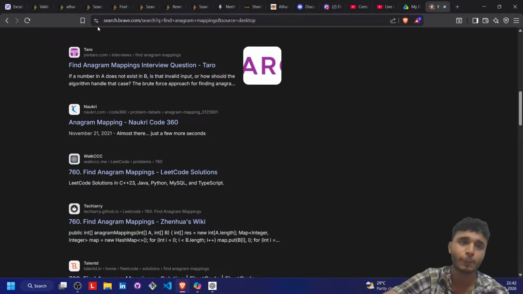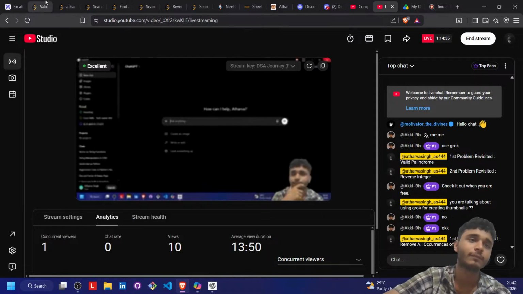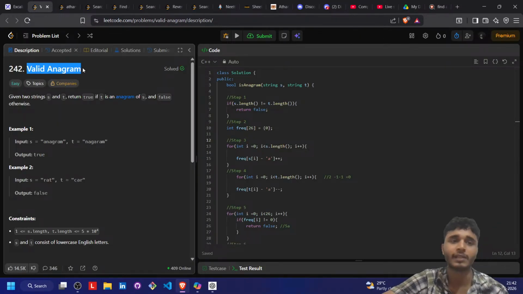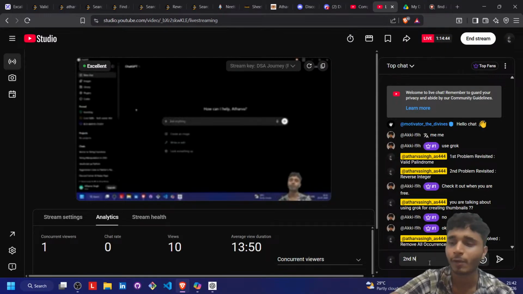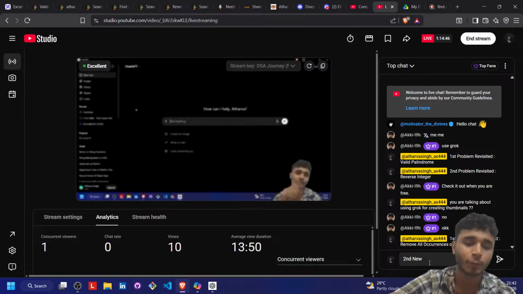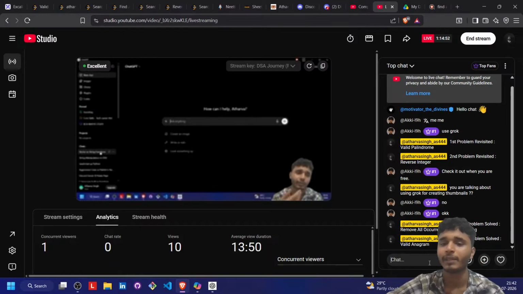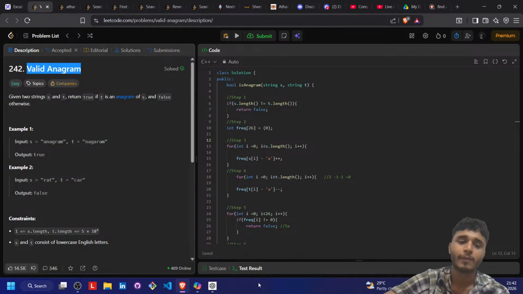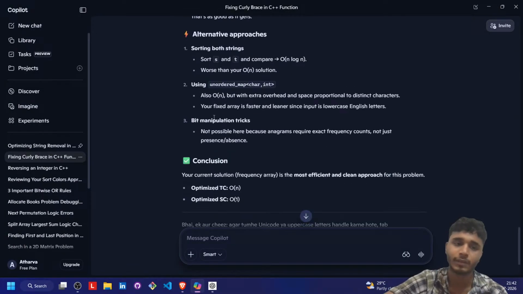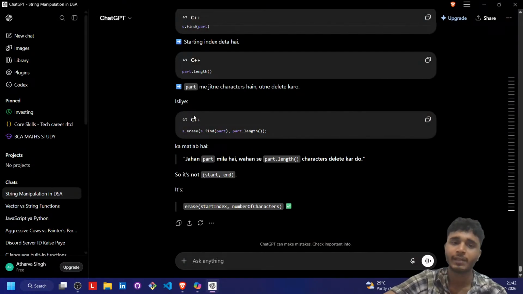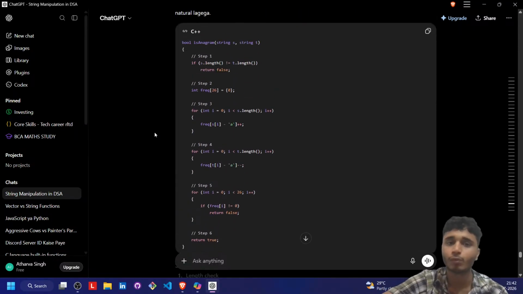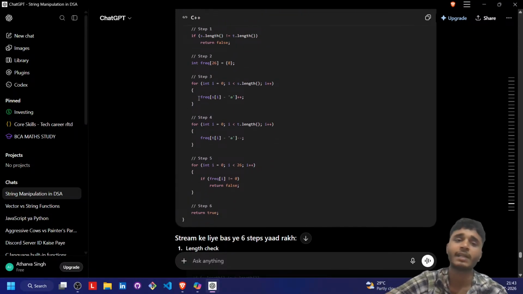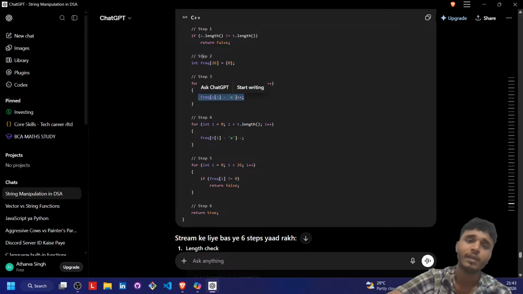So we have solved our second new problem of today. I will mark it as solved. I think now I'm getting a little bit comfortable with strings. The second new problem was valid anagram, but I think in the starting I will have to see some code, because this was not explained by the teacher. I tried to understand it on my own, like what is happening in the code, what is given, what we have to do. I was getting stuck at this point, like what is happening in this part